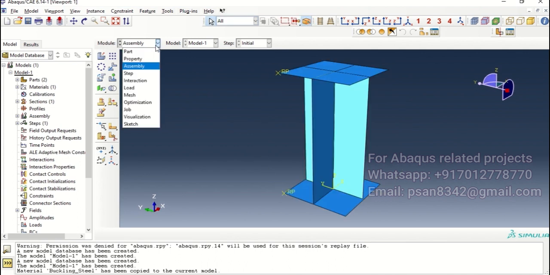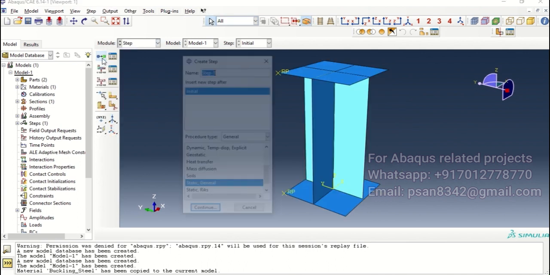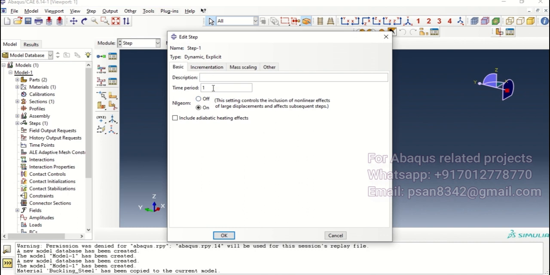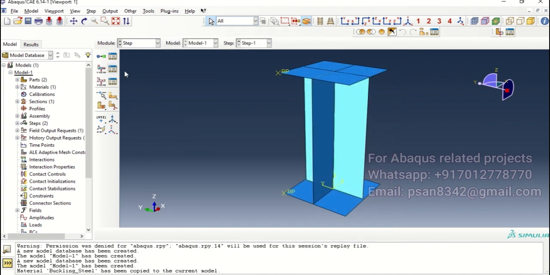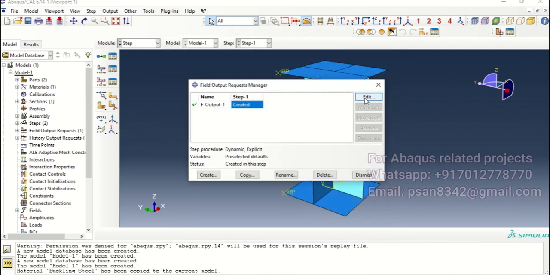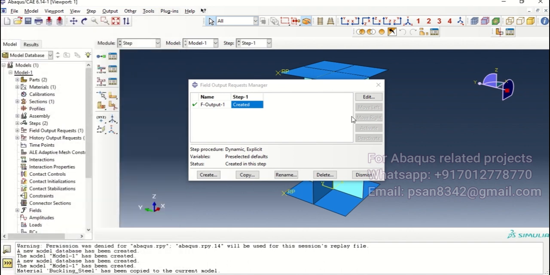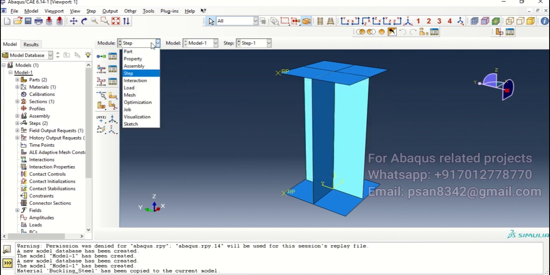Now this part is done. So next step is we are going to create a step of dynamic analysis explicit. So continue, and then we are going to give a time period of 0.007 seconds. Go. Then we are going to edit the intervals from 30, because it will run more. Let's go for 40. It will help you out creating less